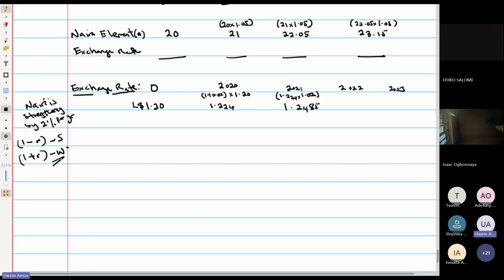1.24885. Let's just do 4 decimal places. I like using 4 decimal places for exchange rate. And then the next one. Okay. Next, sorry, 1.224 multiplied by 1.02, yeah,